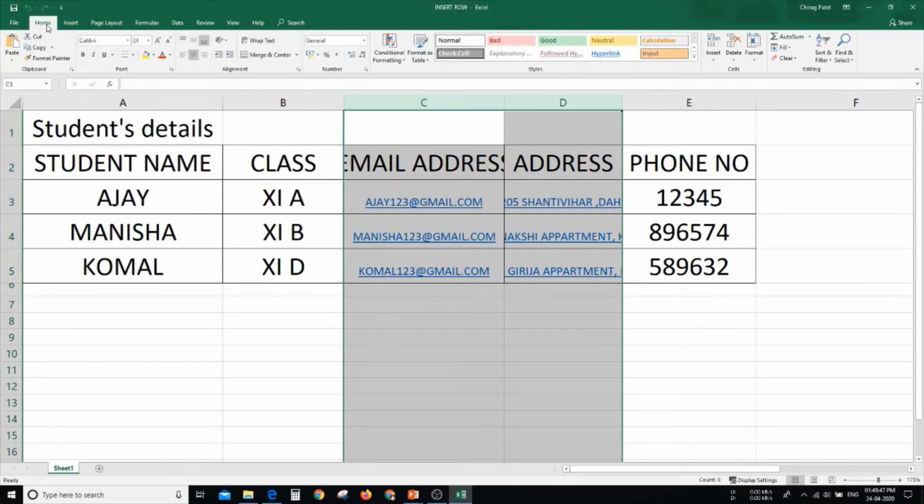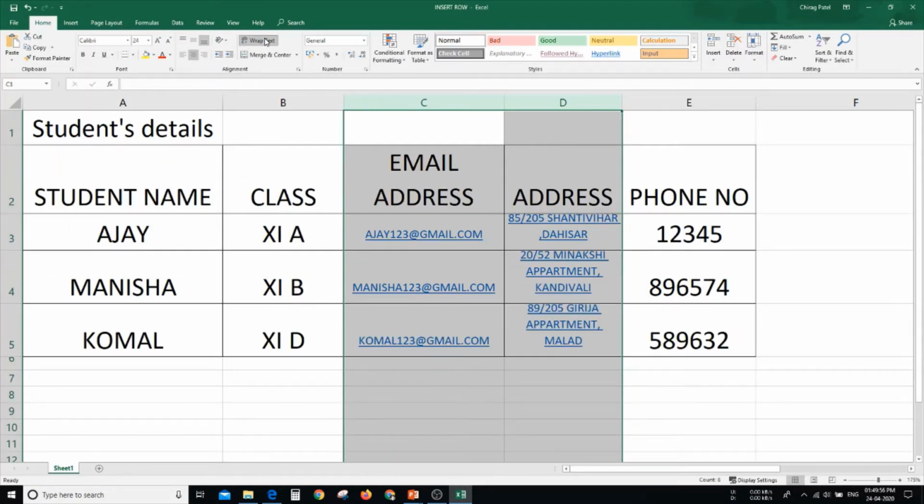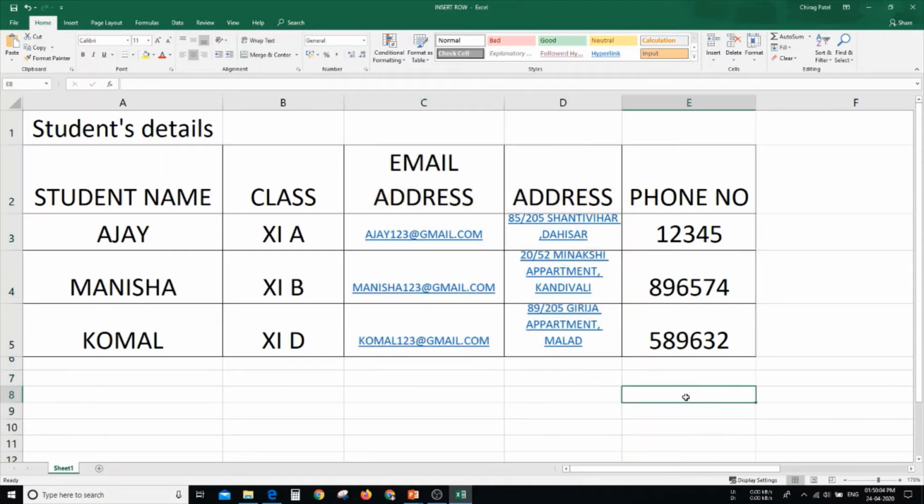Now in the home tab, you can see the wrap text option. Just click on that. I have clicked on the wrap text. As you can see, email address and address are shifted properly in their cell. It automatically adjusts using the wrap text.